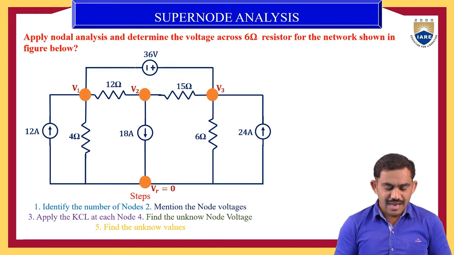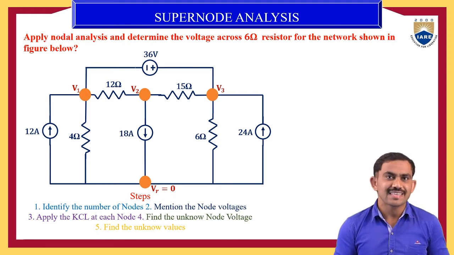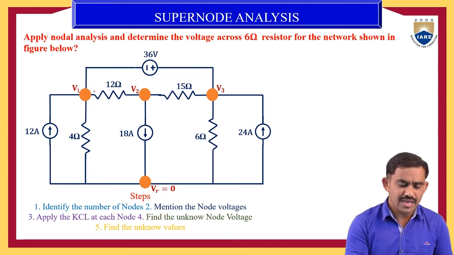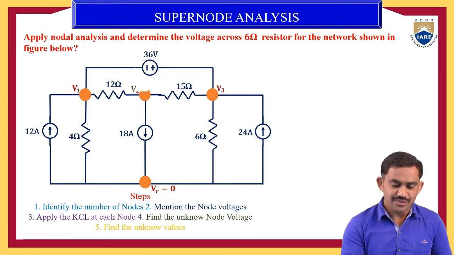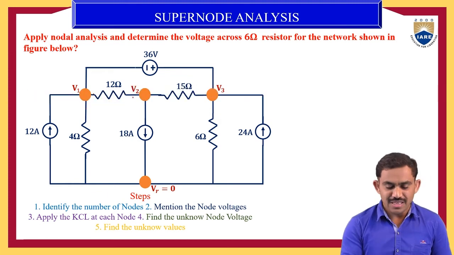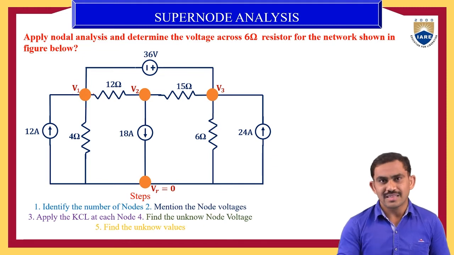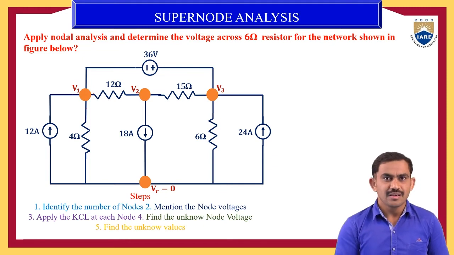Okay. Then apply the KCL rule. For the KCL rule, we require the currents, so every branch current. At V1, how many branches do we have? 1, 2, 3, 4. So at the V1 node we have 4 branches, so we require 4 currents. Same at V2, we have 3 branches, so we require 3 branch currents. As well as V3, we again have 4 branches, so for that we require 4 currents there.